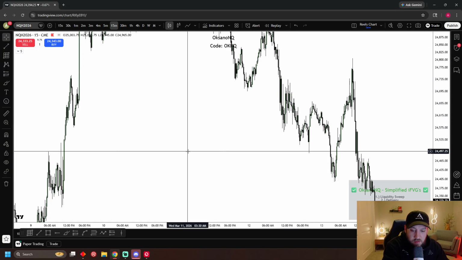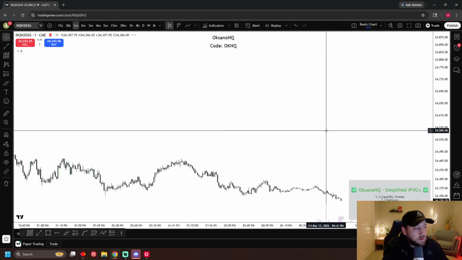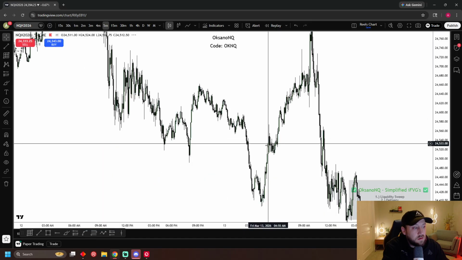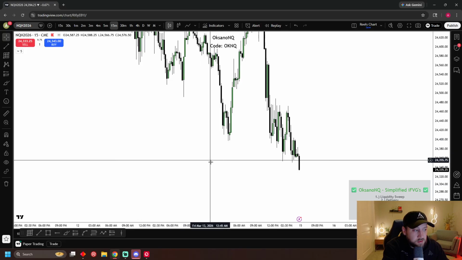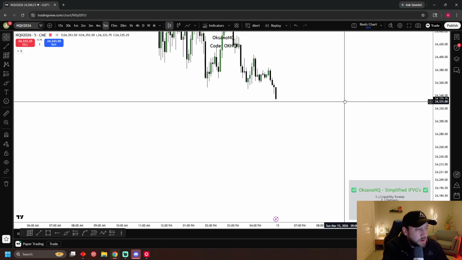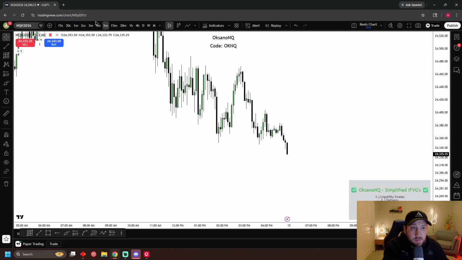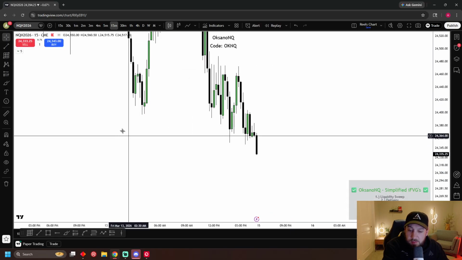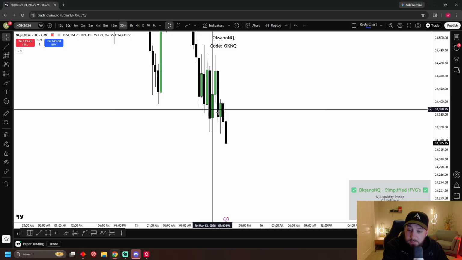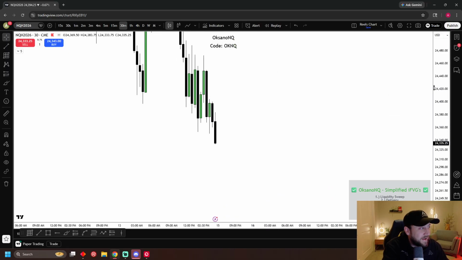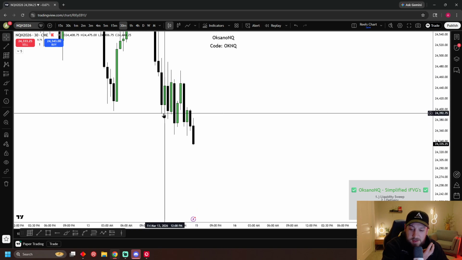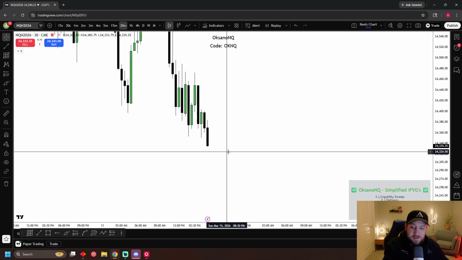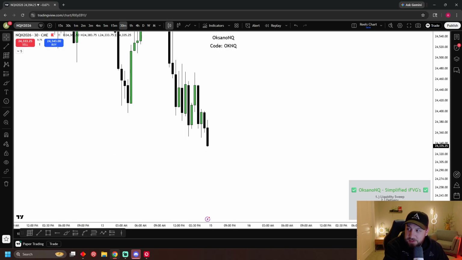After we sweep that low, isn't that a rejection block? I am not too sure on that one, to be honest. I hardly use rejection blocks. If somebody else knows the answer to that, that'd be cool. But I don't know, and I don't want to try and pretend like I do. I genuinely don't know how rejection blocks work. I know order blocks, breaker blocks, and prop blocks. Those are the blocks that I use the most. So for that one, I can't answer that one.